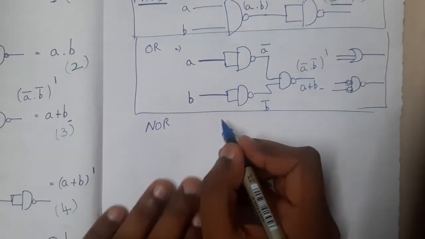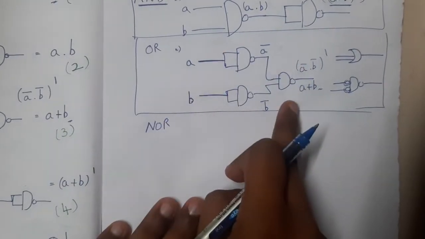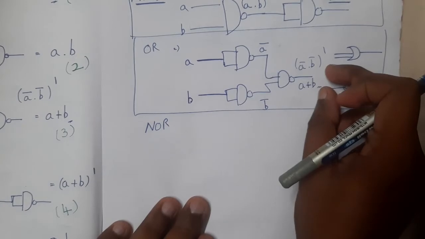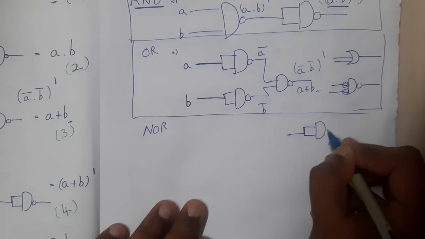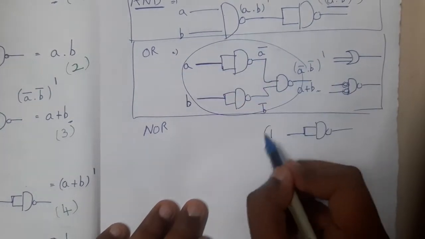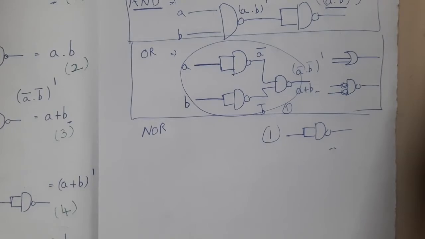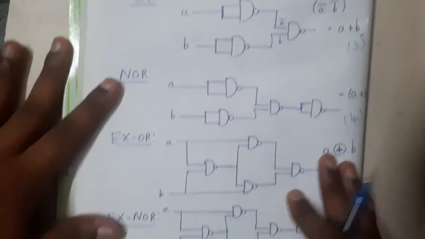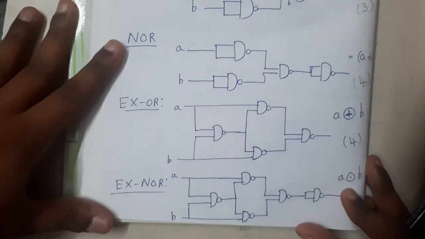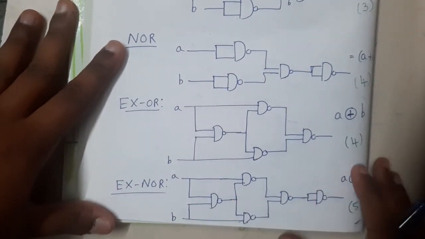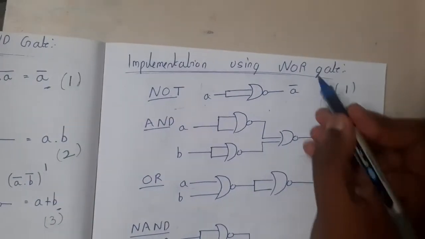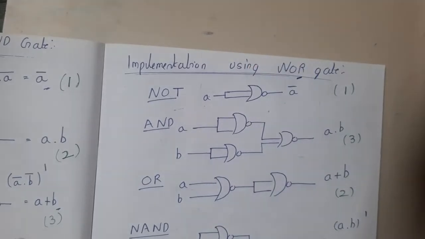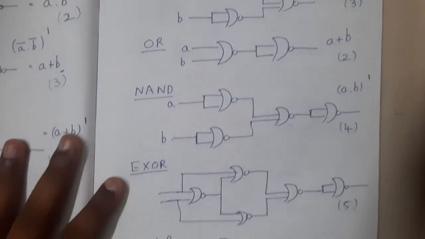So how you can implement a NOR gate is, for OR, just include one more NAND gate, guys. So for this, you just add this at the end. You draw the same diagram and for that you add that. That's it. And for XOR and XNOR, the diagram will look in this way, guys. Yes. So you observed it, right? Just to do the opposite of this, to convert NOR gate to each and every one of them, the diagrams will look in this way.